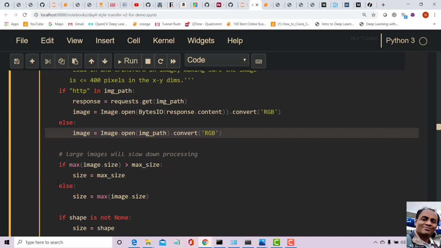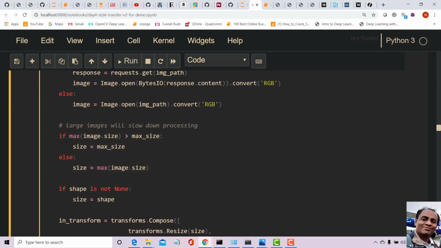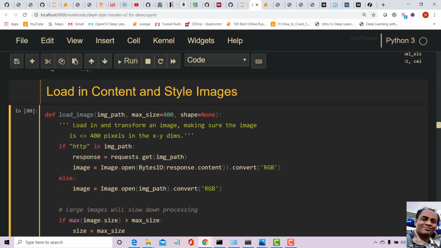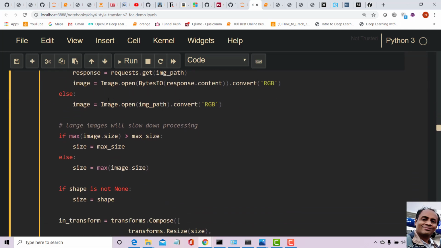Then we have some processing here. We have defined the max size as 400. If one of the dimensions of the image is greater than 400, then it's going to make the size as that. Otherwise size is going to be 400.